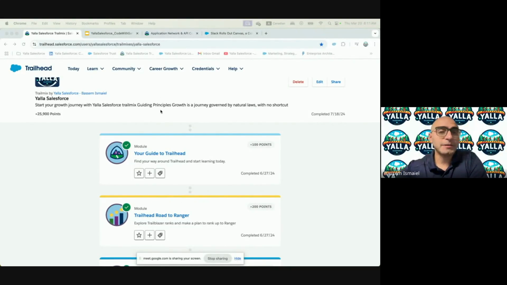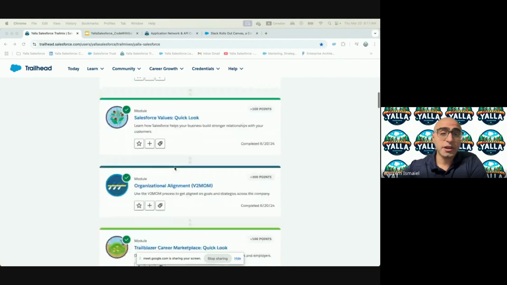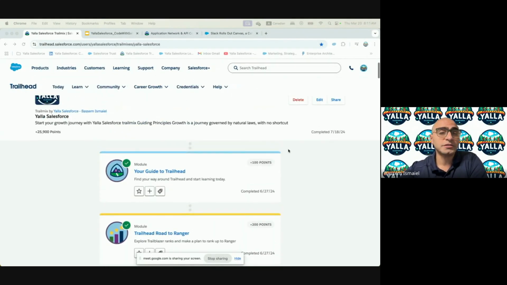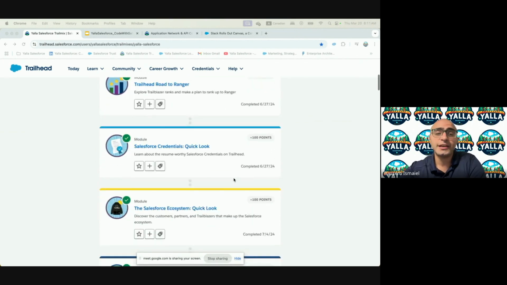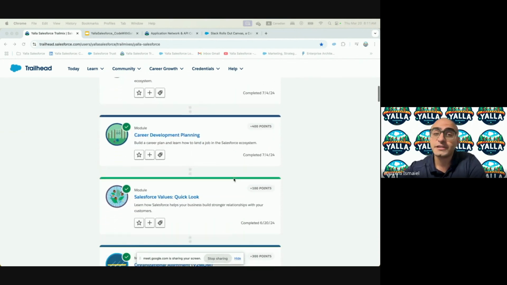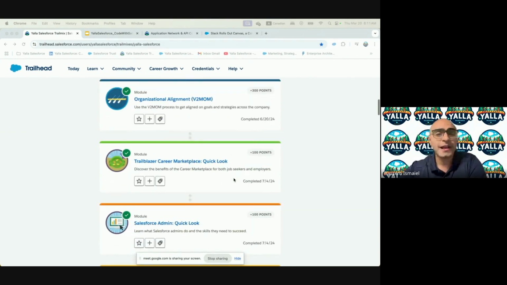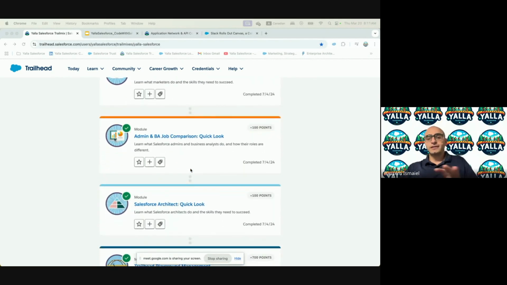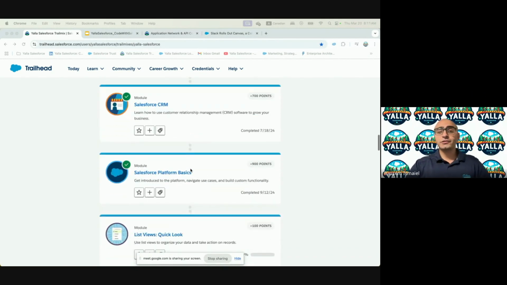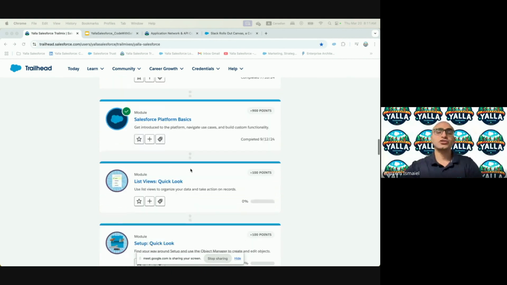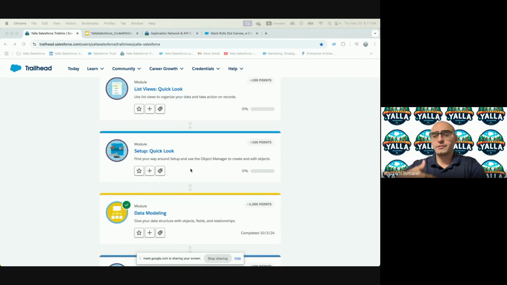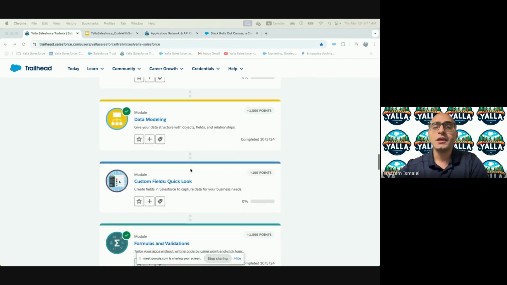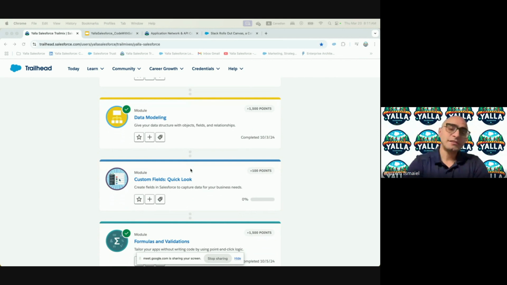Over the last couple sessions, we covered a lot together: understanding what is Salesforce, what is Trailhead, different ranks, what is the ecosystem, different career paths, and then how to put in your goals. And then we started to understand more about the back end of Salesforce and what the platform is in general. So we understand more about data modeling, how we can put in custom objects, how we can utilize standard